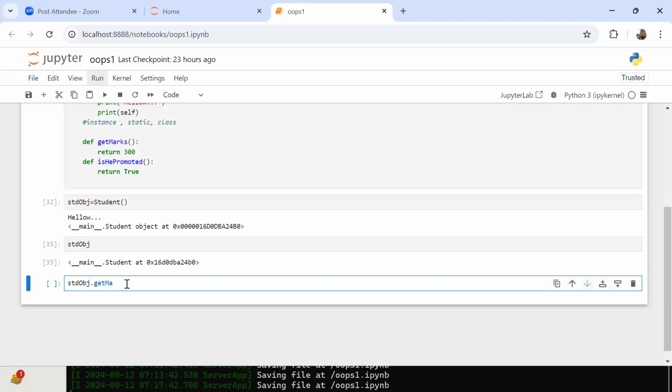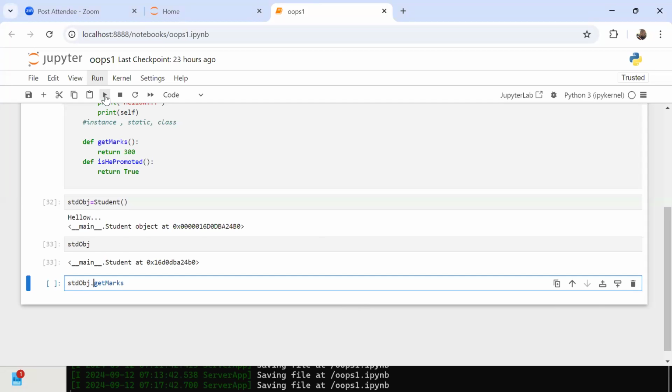Is it a direct function that is inside the class, get marks? Is it a function or a method? Method. It's a method. As I said, if it is a method, we can call it by using an object reference or another way, but not directly. Here the other way is by using an object reference.